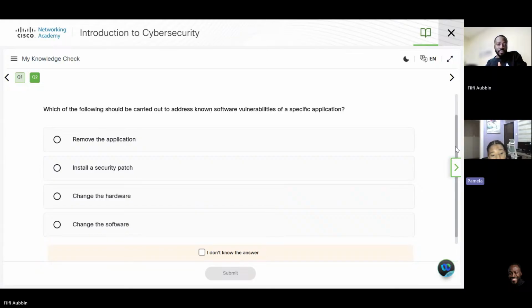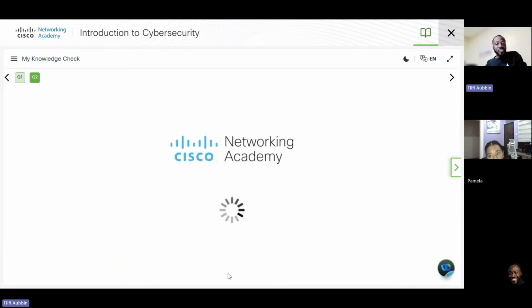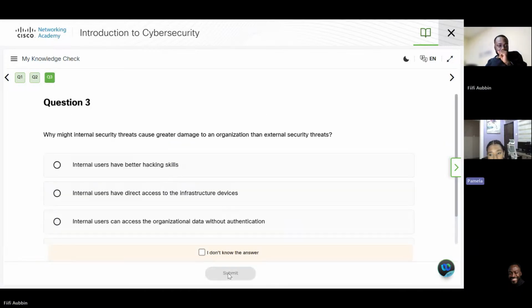I think if you change the software, it's the same, almost similar to removing the application. So maybe install a security patch, because even if you change the hardware, it won't make any difference. Okay, let's move on. I hope it's right. You must install. We will find out.